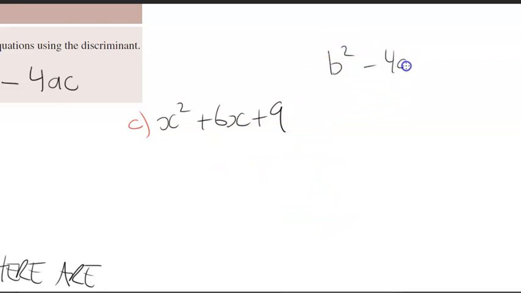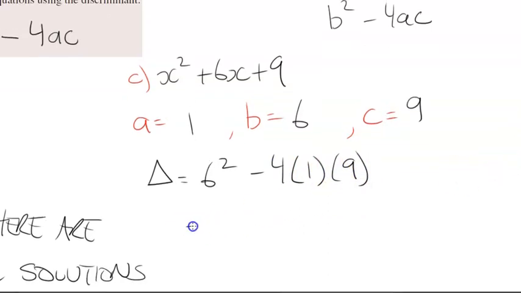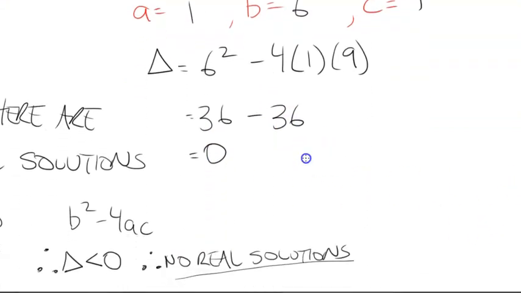b squared minus 4ac. My a value, b value, and my c value: a is equal to 1, b is equal to 6, c is equal to 9. So the discriminant is 6 squared minus 4 times 1 times 9. So this gives me 36 minus 4 times 1, which is 4, times 9, which is 36, which is equal to 0. And when its discriminant is equal to 0,